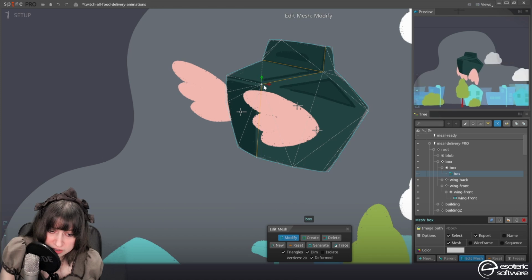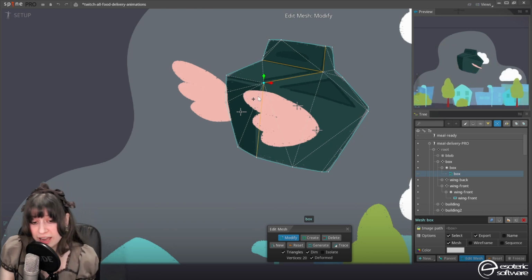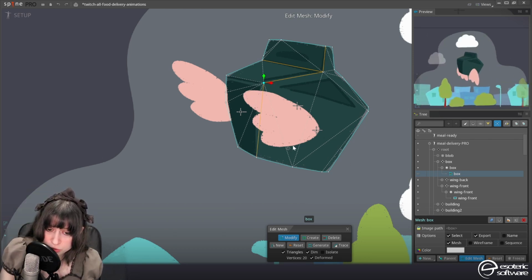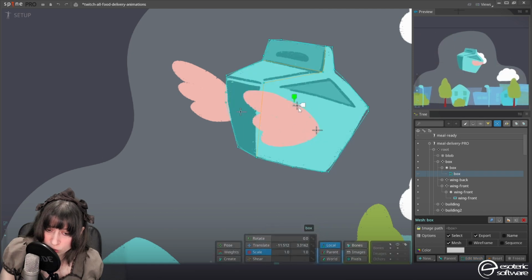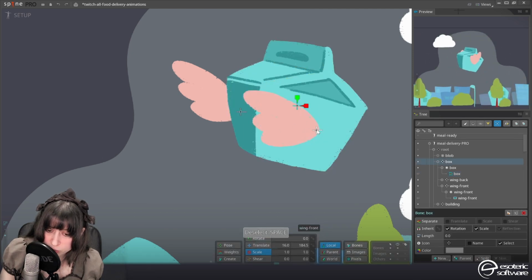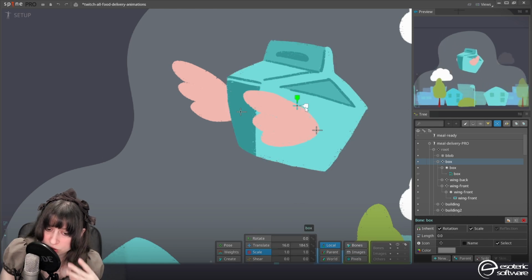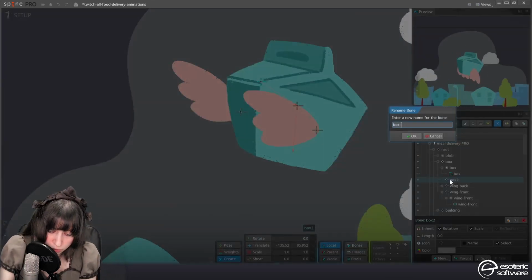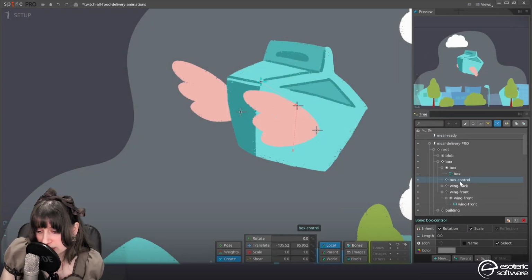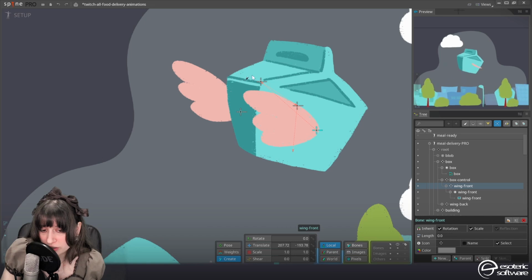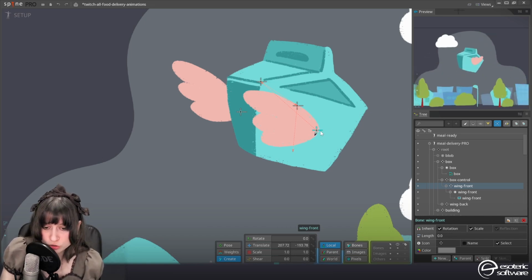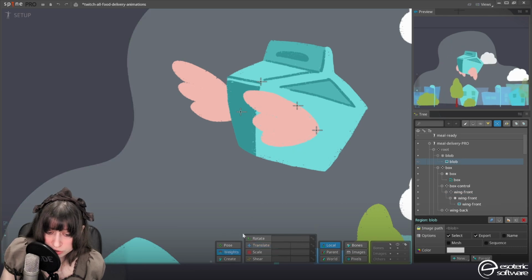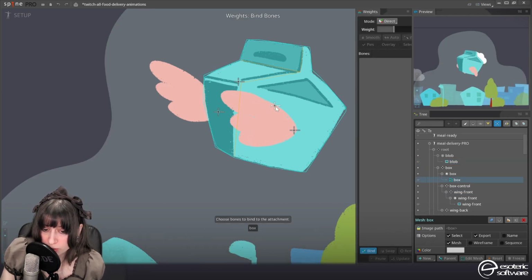Then I'm gonna modify this, because the more it overlaps nicely with the lines, the better results we're going to get. I'm going to add some controls. So I have like a holder bone. Then I'm gonna add a bone that will be the bone that is the closest to us. So I think I'm gonna create a bone that is a child of the box here. Then I'm gonna be calling box control. And for this, I'm gonna parent wing front to it, so that when this moves, the wing follows, so it's attached naturally. And then I'm gonna get the box to be bound, so it follows both the box bone and